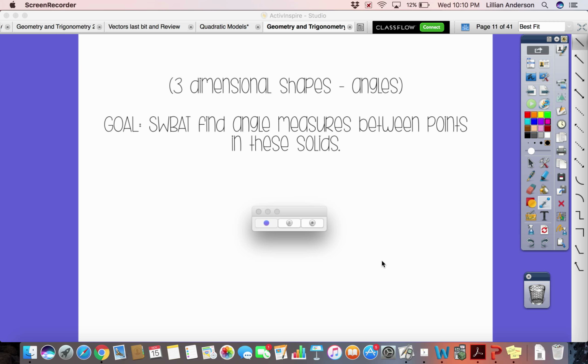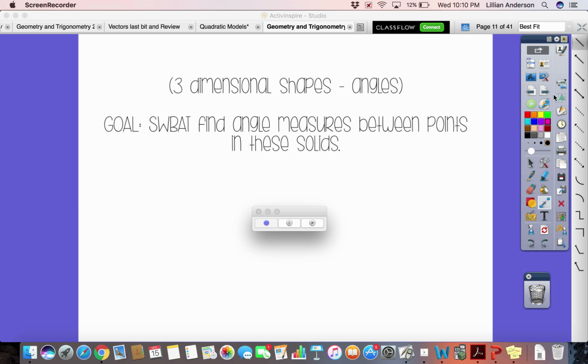So on page 27, you guys are going to be talking about three-dimensional shapes. And this time we're talking about angles. The other day, you guys were finding lengths between different points in your different solids using Pythagorean theorem. And so today we're going to be talking about finding the angle measures between these different points in these respective